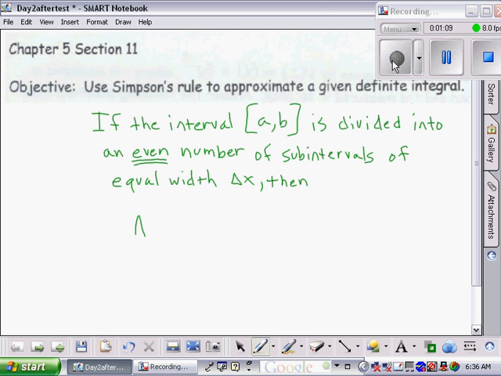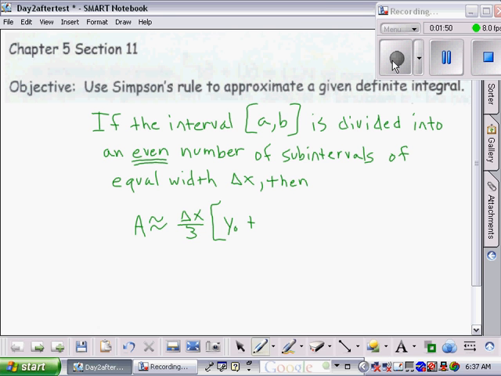Then your area, and again this is an approximation, the formula, this is the big part of this. You take delta x and put it over 3, and normally with Simpson's rule you don't have an equation. You just have a chart of numbers, and so you're going to plug your y values off the chart into the formula. So when I say y sub 0, I mean the first y value. And then after that,